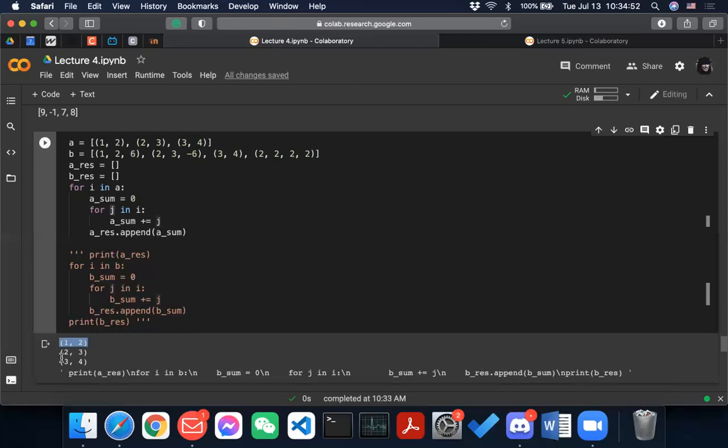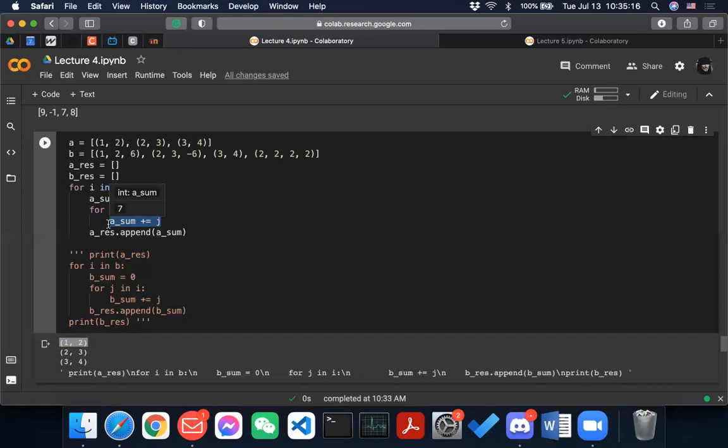And then for the second iteration, you will have 2, 3, right? And then you use sum plus equals j. That means that you are accumulating the value of j onto sum, right?